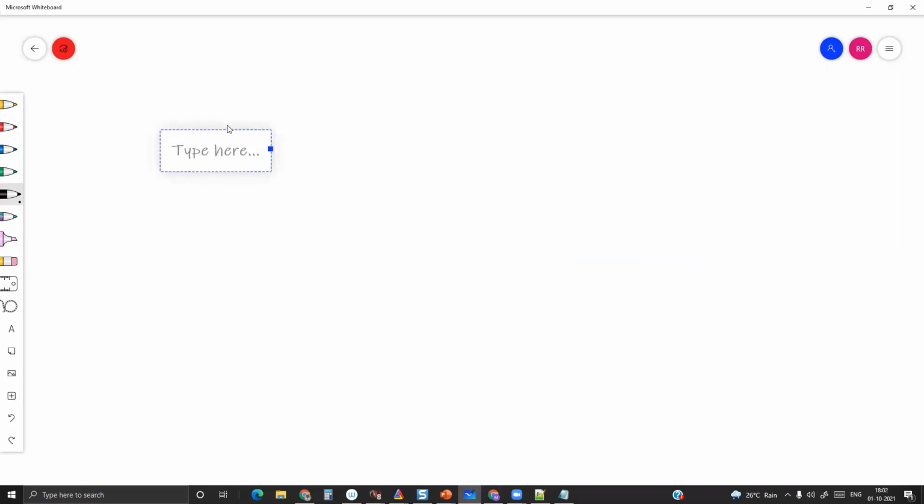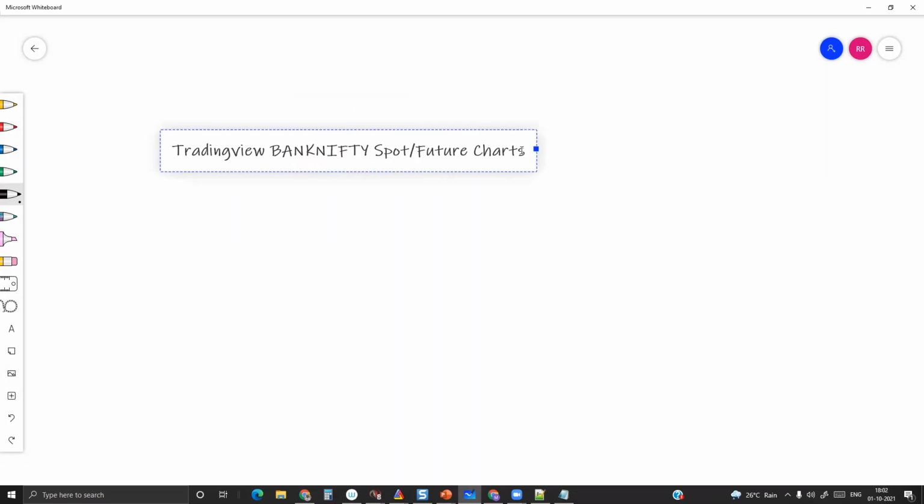So you have a TradingView chart. It can be Nifty, or let's say, Bank Nifty spot or futures charts, let it be whatever it is. Now from here, you have to derive the at the money option symbol.